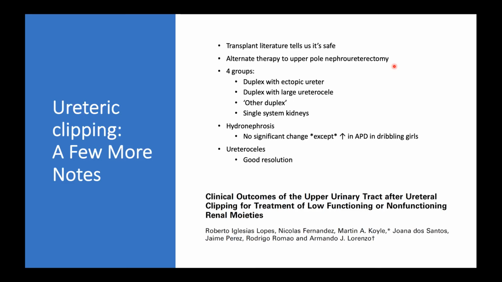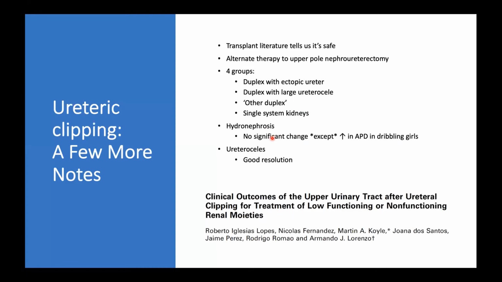When they did their study, they divided their patients essentially into 4 groups. There was the duplex with the ectopic ureter, these were the girls who had incontinence, a duplex with a large ureterocele, and then what they called other duplex and single system kidneys. They did their operation and noted that the incontinence resolved itself. They continued to monitor hydronephrosis, and I have to say that